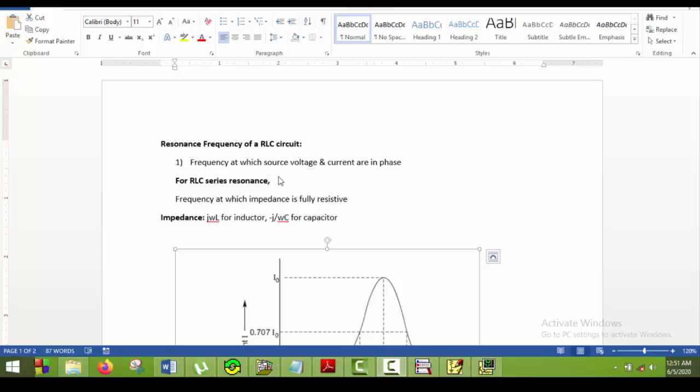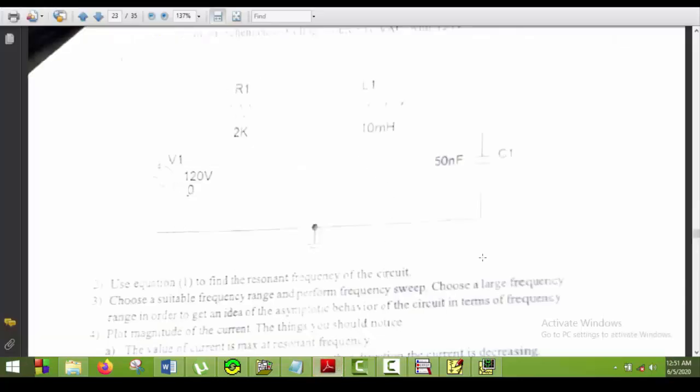We get resonance frequency for both the RLC series circuit and the RLC parallel circuit. But as the first problem is associated with the RLC series circuit, we will talk about RLC series resonance in this problem. So let's first have a look at an RLC series circuit. This is an RLC series circuit where the voltage source, resistor, capacitor and inductor are all in series.